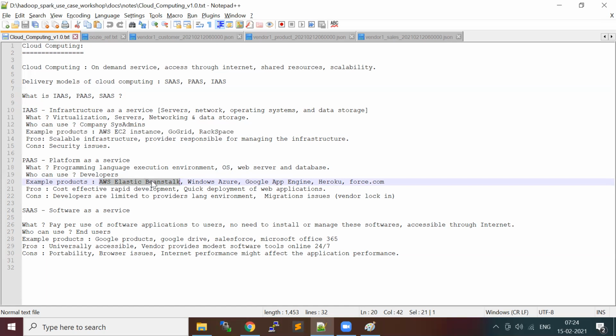For the big data side, EMR, Elastic MapReduce, is one of the PaaS services. Okay, so that you need to know. EMR is also a PaaS service. We will be focusing on this tomorrow. This is a managed Hadoop cluster, which is going to give you cost-effective, rapid development, and quick deployment of your